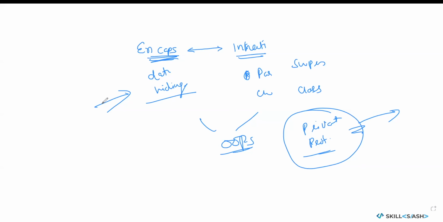Okay. As we have taken two OOPS concepts, let's clear all the OOPS concepts. What are the OOPS concepts and what are the two remaining ones? Polymorphism, abstraction. These are the two which are remaining. Let's understand